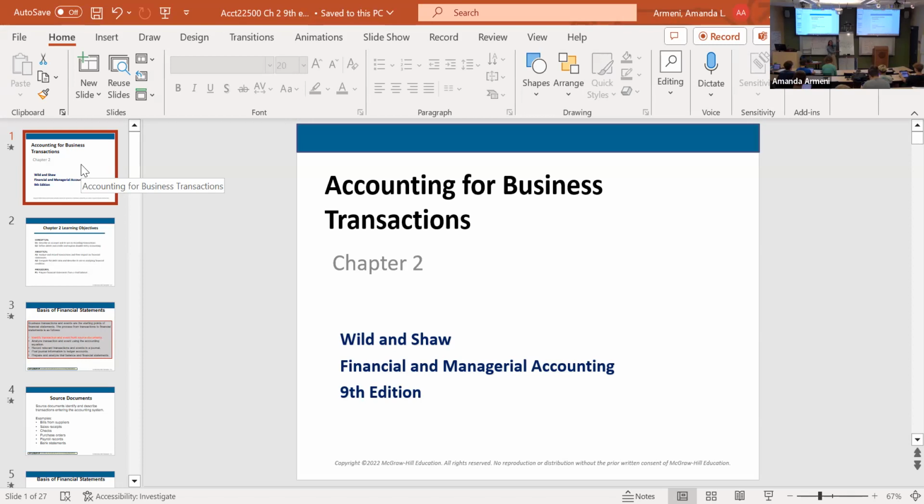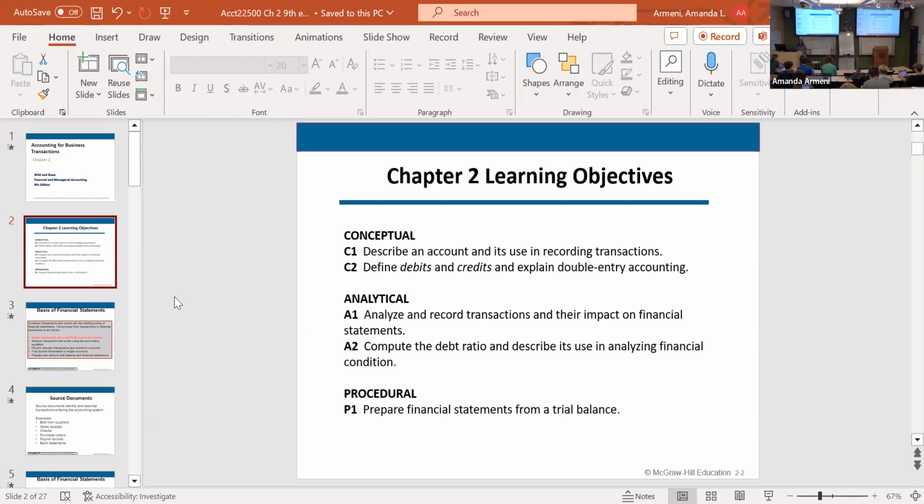So in chapter 2, what you're going to learn is going to be somewhat of a review of this accounting equation. We're going to dive a little bit deeper into some assets that we maybe didn't talk about very much in chapter 1. Some liabilities that we didn't talk about in chapter 1. Reiterate the parts of equity that we did talk about in chapter 1, okay? So some of what we do is going to be a review. And then you can see here in our learning objectives, then you're going to learn about the actual accounting system